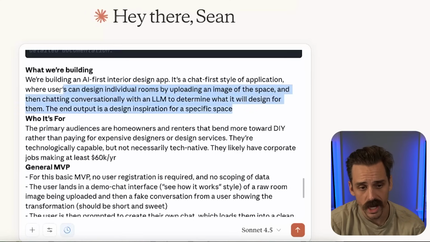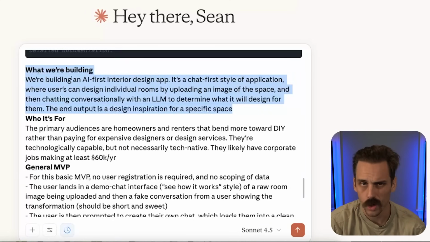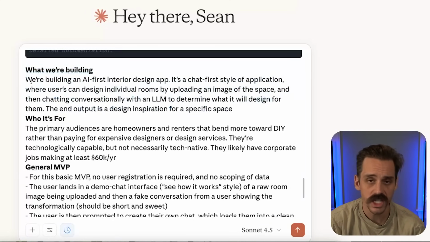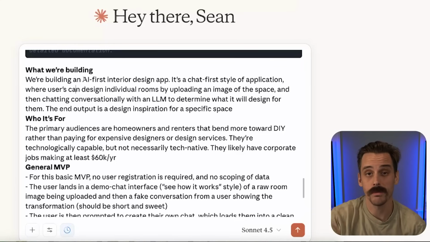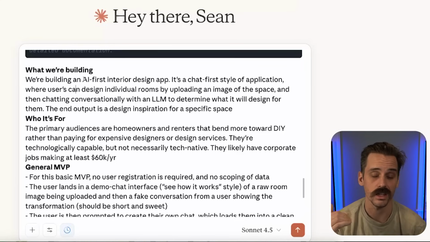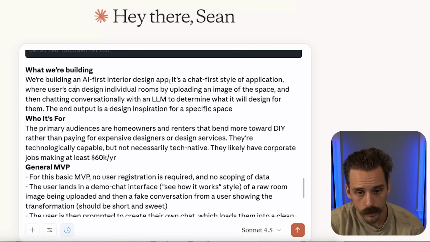And so what I like to provide is, what are we building? So, a high level elevator pitch. In this case, what we're going to be building is an interior design app that's driven by AI. Now, the problem that I'm solving here is that I was remodeling my house recently, and I had a lot of frustration around looking at a completely gutted room and deciding, what is the vision for this thing? What do I want this to actually look like, and how can I start shopping for those things? So we're building a